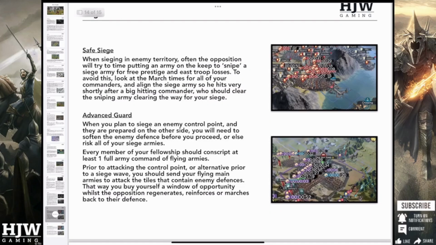And then the last things I wanted to talk through in this guide is siege and tactics to siege effectively. The first up is safe sieging where possible. So when you're sieging in an enemy territory, often the opposition will put an army on the keep to snipe your siege army. So you'll see them marching in, even if you've cleared the opponents around the area, they might try and use a flying army, for example, just to try and get on the keep